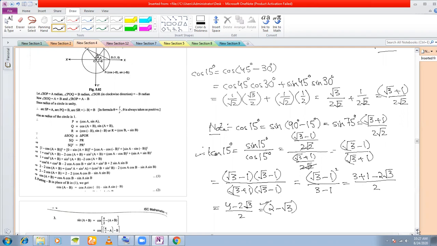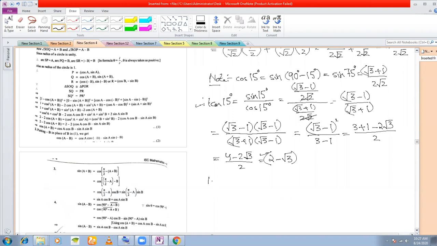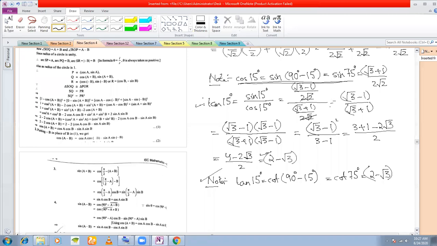Obviously you can also remember it this way, because tan changes to cot. You can remember it, but there's not much application of this. But sine and cos you have to remember, the note that I have written. And this is important: tan 15, which is cot of 90 minus 15 degree, which is cot 75, is equal to 2 minus root 3. As I told you, this formula is rarely used for cot 75 degree, but mostly we should try to remember that sine 15 and cos 75 are the same.